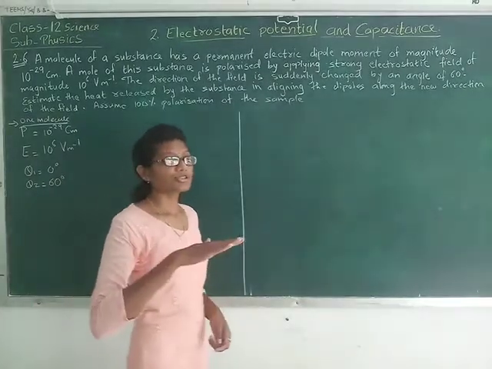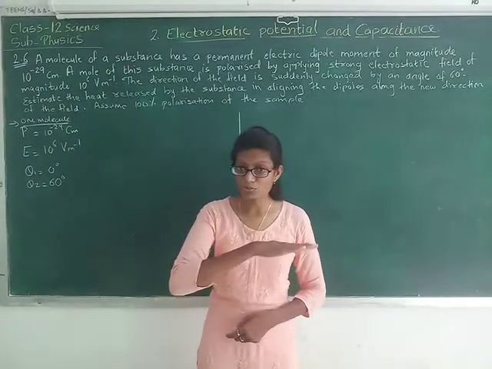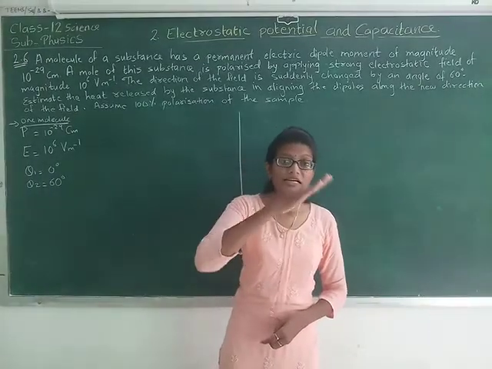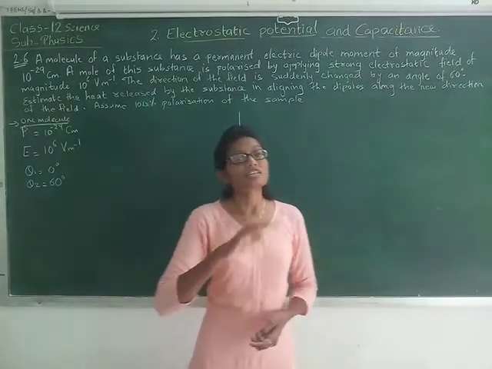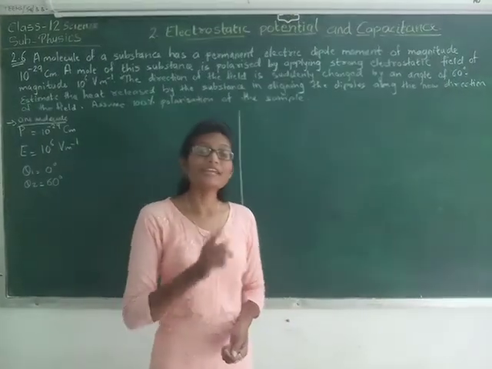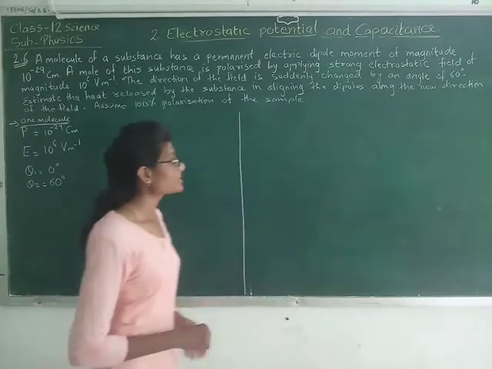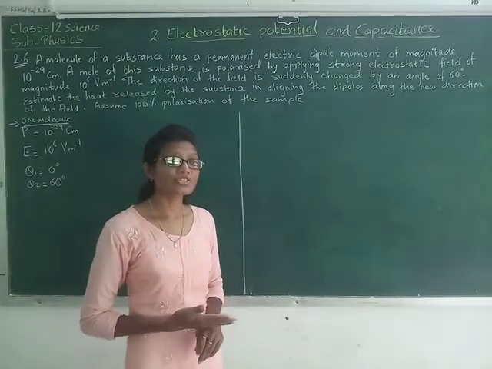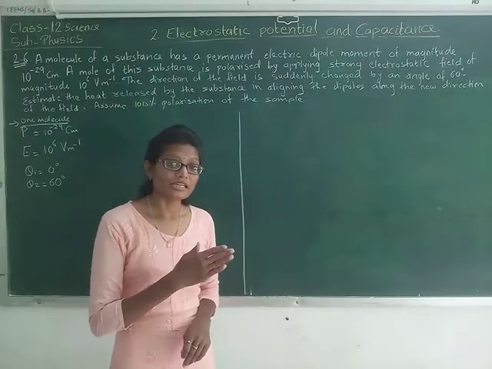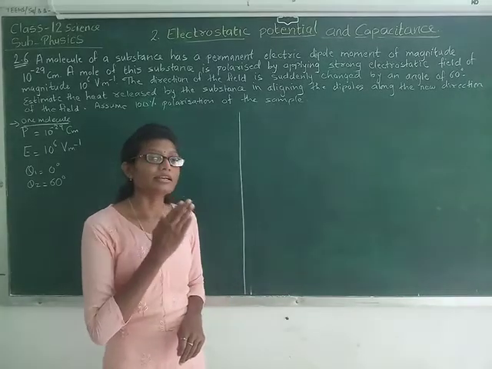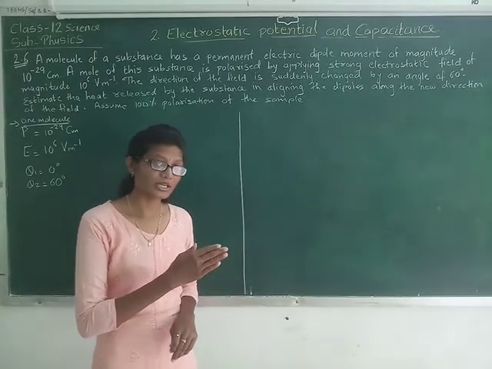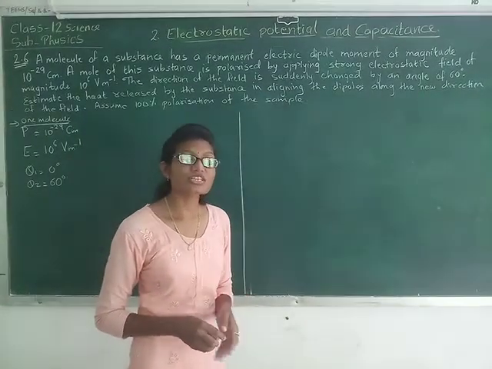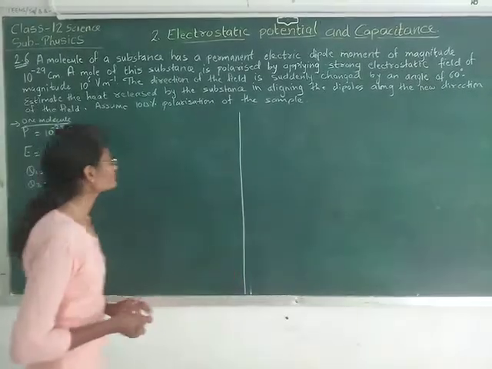That means initially the electric field was aligned with respect to dipole moment, then it is changed by 60 degree, right? So in changing that angle, some amount of heat is released. We need to find that heat, right? That means here we will be finding the potential energy difference. The potential energy when P and E were in the same direction, at an angle of 0 degree, and the potential energy when the angle of E changes by 60 degree with respect to P, right?